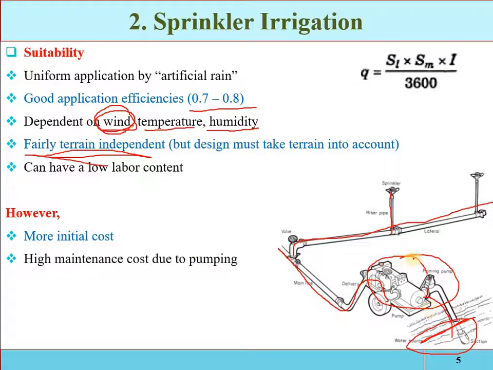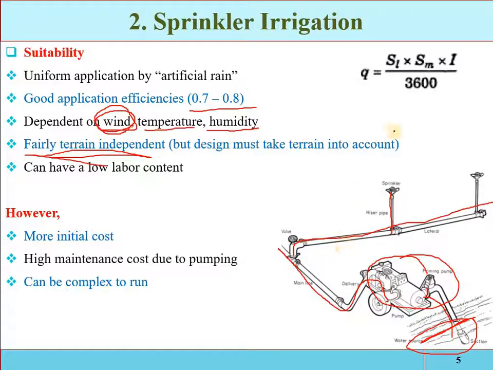Suppose some damage occurs in the system. Remember, the most significant disadvantage of the system is clogging. If there are sediments or impurities in the water, then since the nozzle size is very small, less than 1 millimeter in diameter, clogging of the system will occur. So the maintenance will be required, or the maintenance cost will be high, and also a skilled person will be required. Engineers will be required for its proper operation to control the pressure and the discharge in the system.